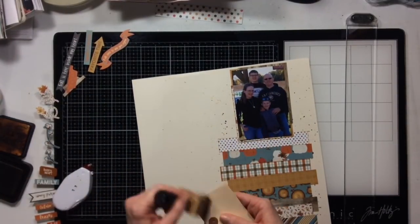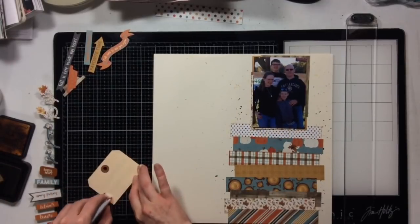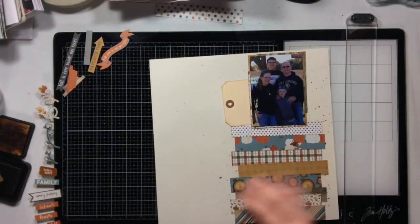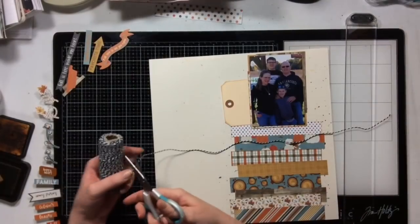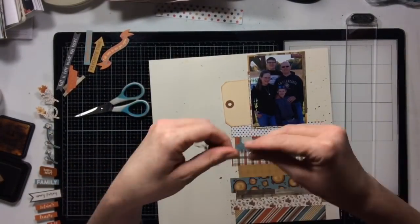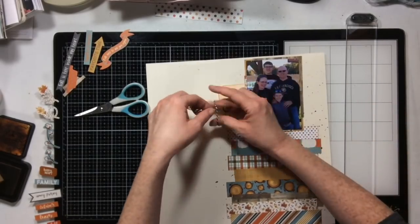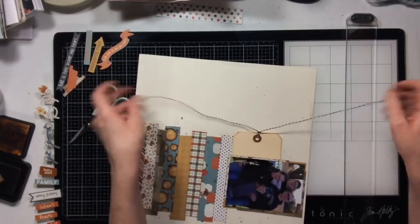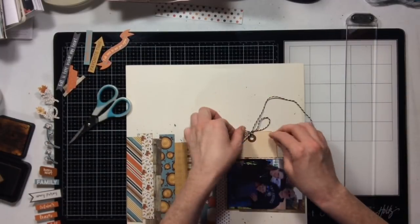I love these shipping tags. I honestly got them at a yard sale, so I'm not sure where you would buy them. I'm going to be super duper sad when I run out of them, but I have quite a few of them still. And they're like a manila color. I think when I bought them, they were in this big box, and I think there were like 100 of them or something. So I am just going to go ahead and put a bow in my little shipping tag